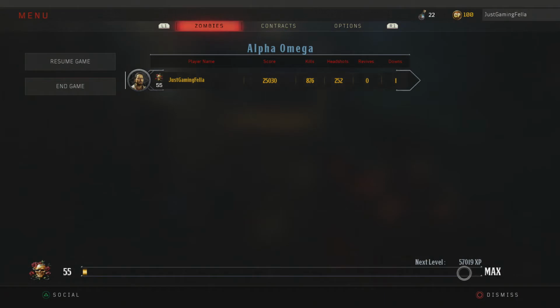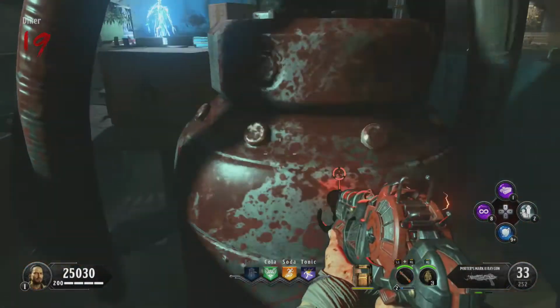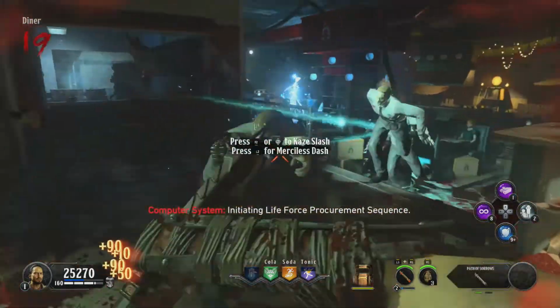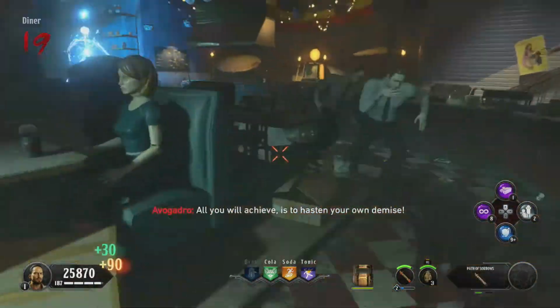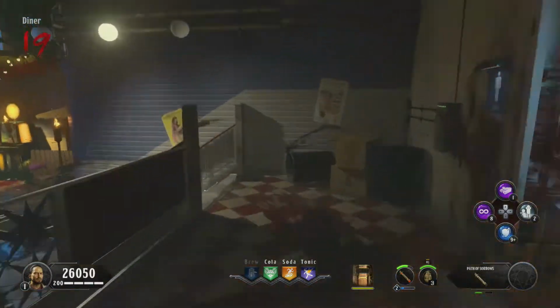I checked the beds area, I went up to it, there was no interaction button for that, so it must mean I need to go to the diner and do this canister. So this one is like the lounge area, it's a very tight space. Here is the canister, I pressed square on it and I started killing some zombies to fill up with zombie